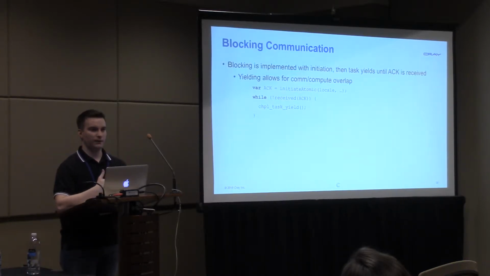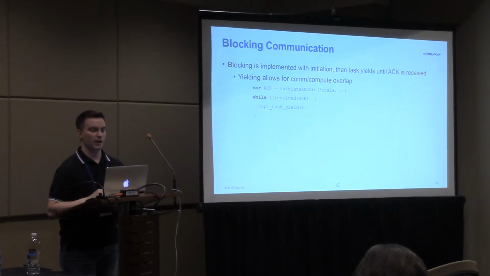our task yielding is fast because we're using lightweight user level threads, but the Cray networks are also fast, so you can actually initiate and get this transaction back pretty quickly. So what we discovered is that most of the time when a transaction was done, we were in the middle of a task yield, so we were wasting time in the task yield when we could have been processing the ACK. So we had some optimizations to basically yield initially and then yield less frequently so that we could still get communication compute overlap, but if there is no other task to run, you can come back and